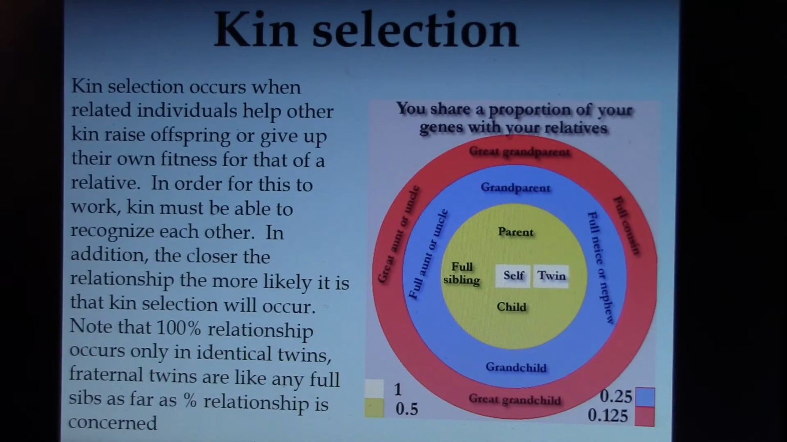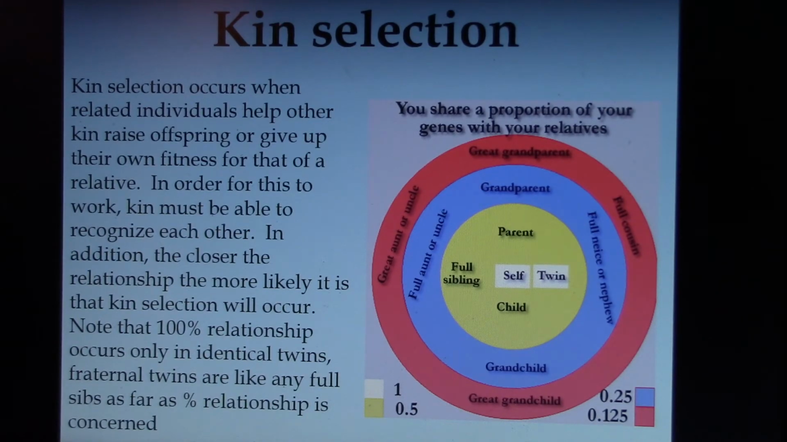Kin selection makes sense as well, but you have to be able to recognize kin. So obviously we usually grow up with our relatives so we know who they are, but if you're a salamander, that might not be so easy. But anyway, if you help a relative with their offspring, you're still getting some of what's called reproductive fitness out of it, because you share